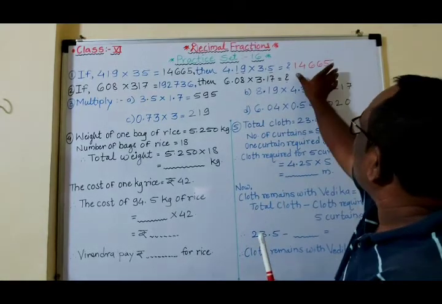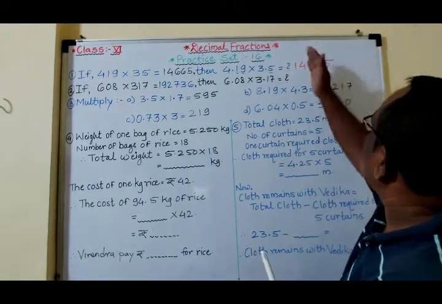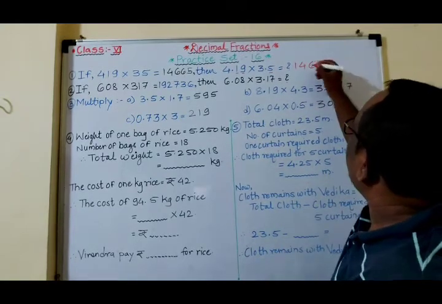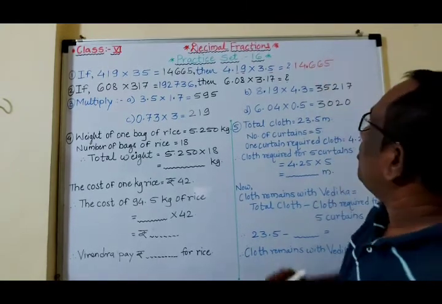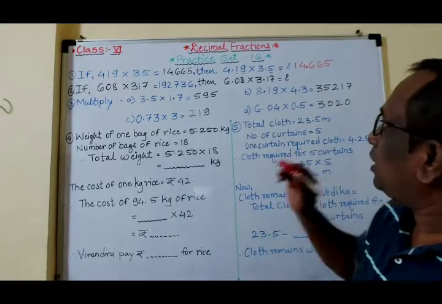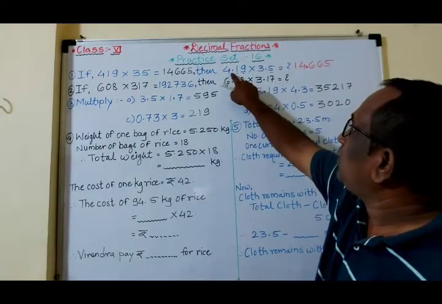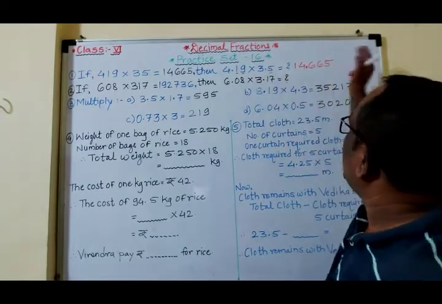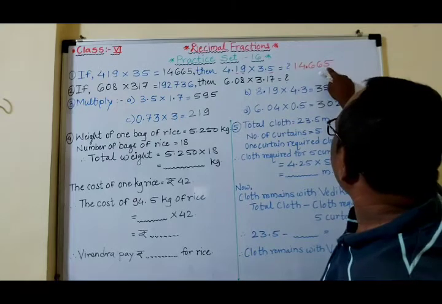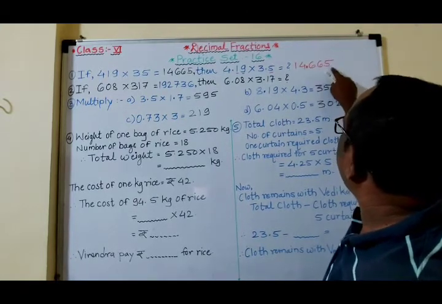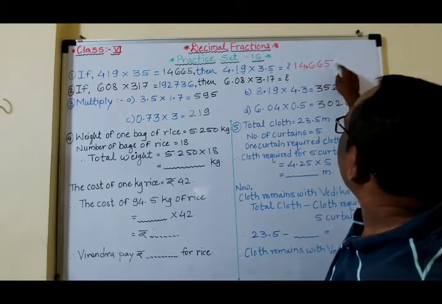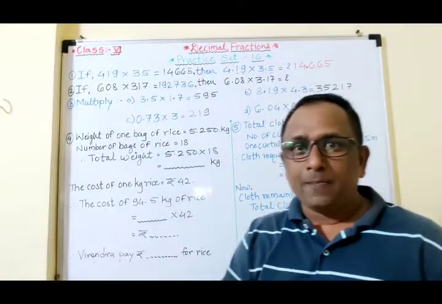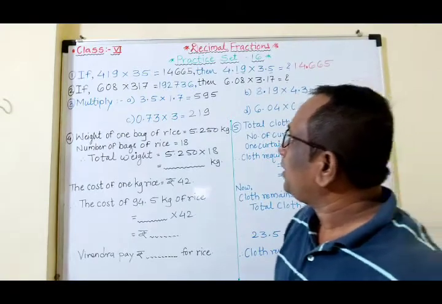So now, from the right hand side of the answer we got, we have to leave 1, 2, 3 digits and then give the decimal point. Understood? Count the digits after the decimal point: 1, 2, here 1, so 2 plus 1 is 3. So from the right hand side, leave 1 place, 2 place, 3 place, starting from the unit place, and then you have to give the decimal point. Now we'll move to the second example, and we'll get a better idea.